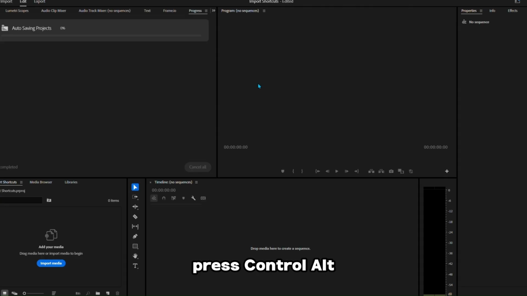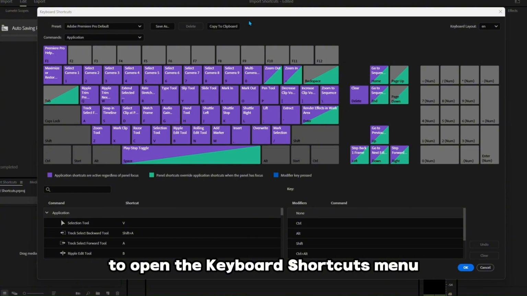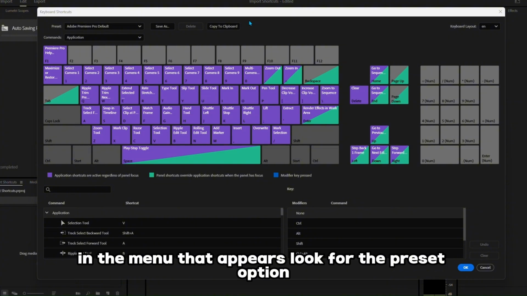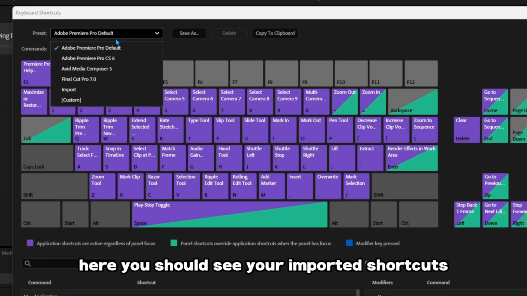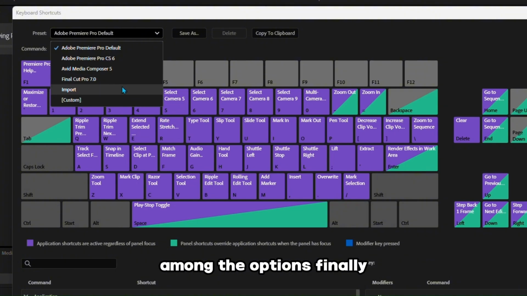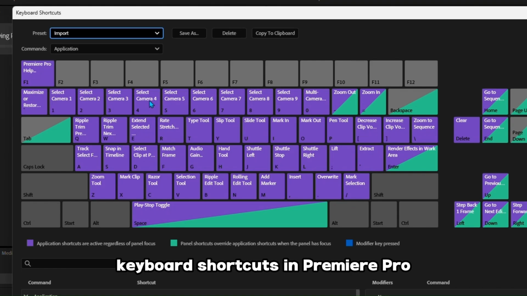Then, press Ctrl, Alt, and K on your keyboard at the same time to open the Keyboard Shortcuts menu. In the menu that appears, look for the Preset option, where available shortcut configurations are listed. Here, you should see your imported shortcuts among the options. Finally, select your imported preset, and you can now begin using your customized keyboard shortcuts in Premiere Pro for faster